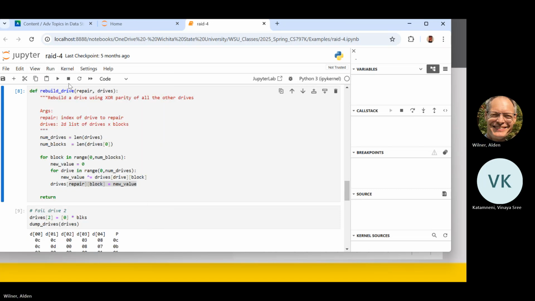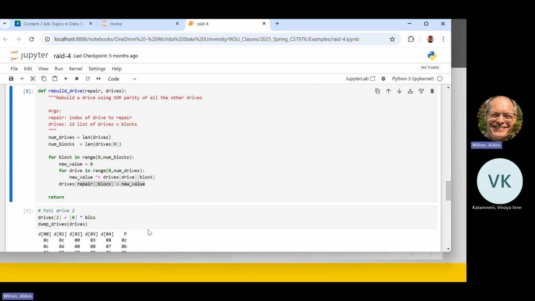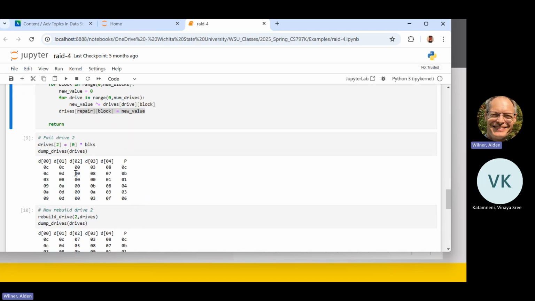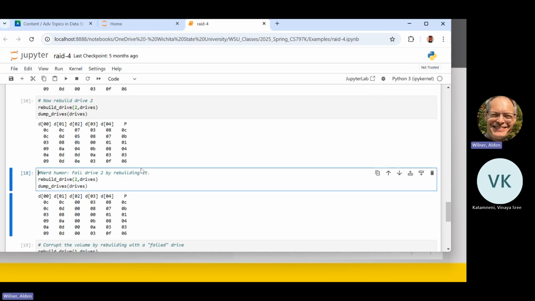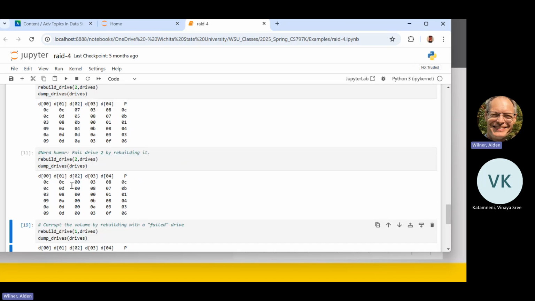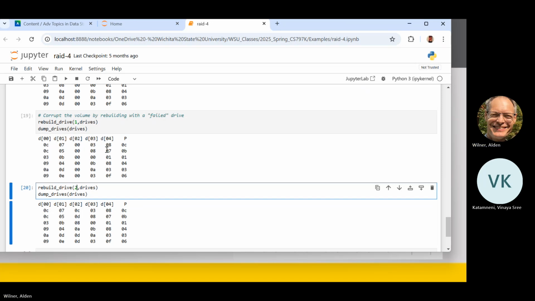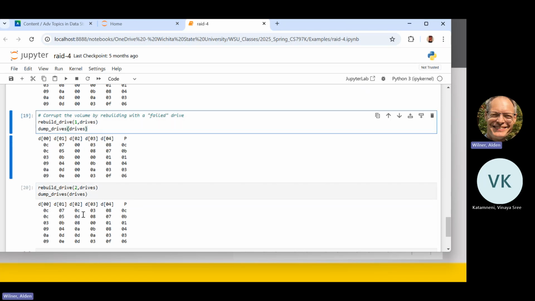And let's close the debugger panel there. Okay, so now we've rebuilt drive 2 down here. Because there's no error checking in this code, we can be silly and fail the drive by rebuilding it. In other words, the parity is 0, so if you try to rebuild a drive with the data already on it, it's going to end up changing that drive to zeros. And we could corrupt the data by rebuilding with a failed drive,